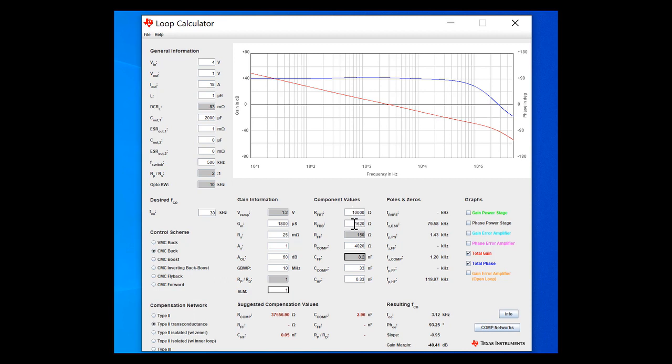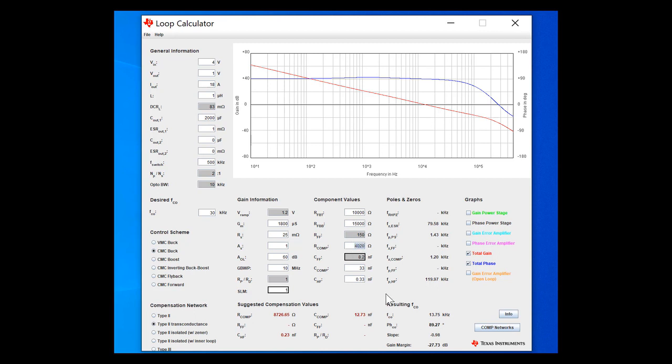I can put in my component values. So I have a 10 kiloohm right here. And for a 1, I'll put about 15 kiloohms. And from there, it'll give me suggested compensation values down here. Now it will determine everything based on the compensation values up here, and then try to give me an expected crossover frequency and phase margin.